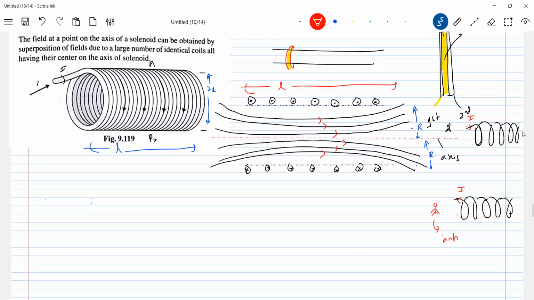What does this other person say? Clockwise current. So they will give a rough diagram. They say that the current here, when viewed on the axis of the coil, you'll see is flowing clockwise, and you are supposed to assume a suitable diagram. So this is how the field will be.